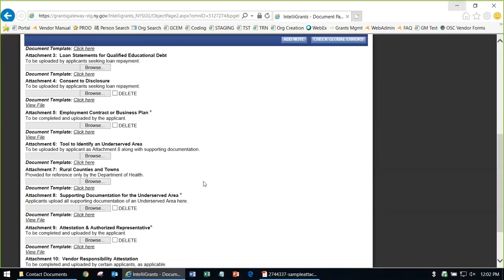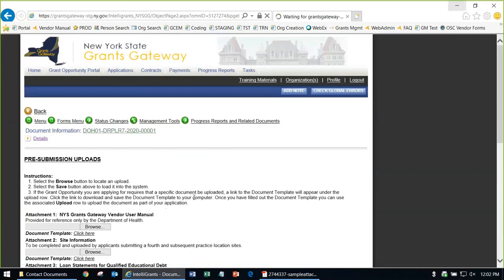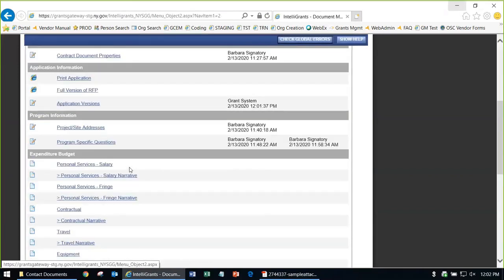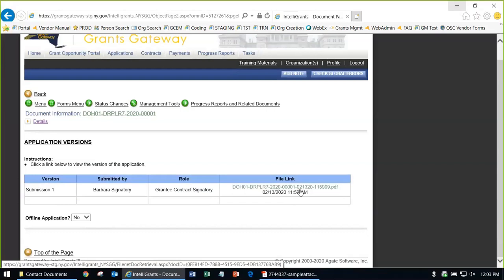But now that we have submitted the application, let's see if I stalled enough to see if that application PDF has been created. And it has. So here it is under application versions. So this is just optional, you don't have to do this. This will be saved here kind of forever. And here it is, here's that application I submitted, application number 1, and it actually shows you the date and time and seconds that you submitted it. So if I click on it,